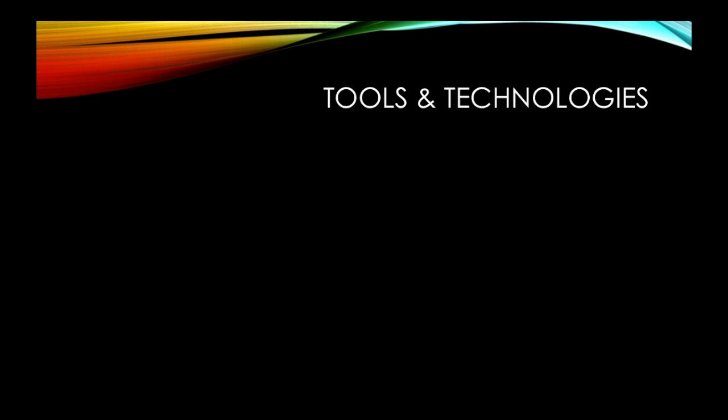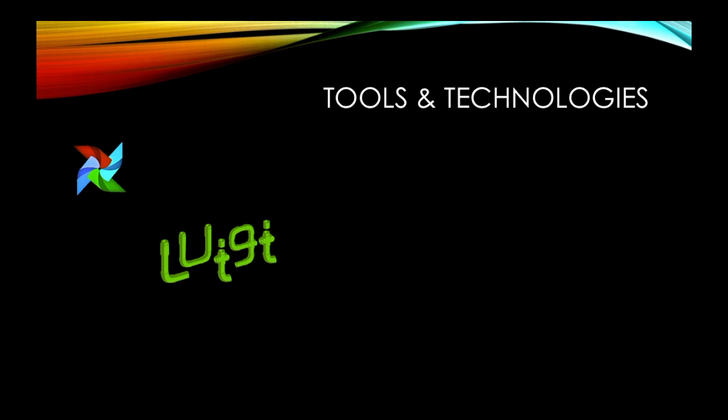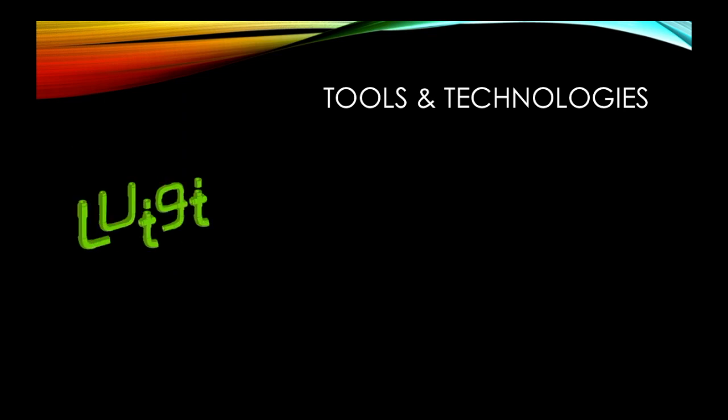Now let's look into what tools I have used for this project. First, for pipelining, I had a few options such as Oozie, Azkaban, Airflow, and Luigi. I found the learning curve of Oozie and Azkaban relatively steep, and these are XML based, so I decided to skip them. Now I was left with Airflow and Luigi, and I found that Luigi has been around for a long time and has pretty good community support as well. So if I ever get stuck, I could find a good amount of online resources. Airflow is yet to be fully mature and has its quirks. So I decided to use Luigi for the data pipeline.